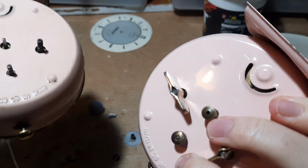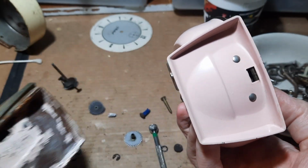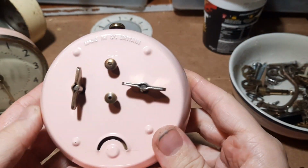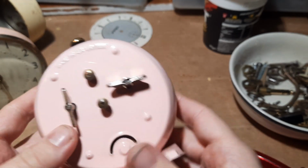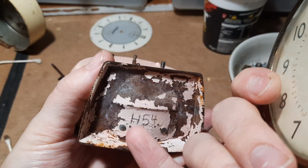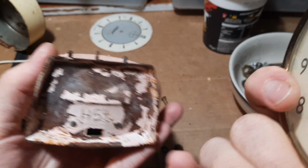Absolutely mint condition, same year, 1964. This should have a code on it. I've started to write in pencil the code on the movement, because I'm going to do a bit of research on these Smith's alarms. I'm trying to work out what these codes mean, and I'll get to that in a future video. But I think the letter is the variation of the movement design, even though there's been a bit of a